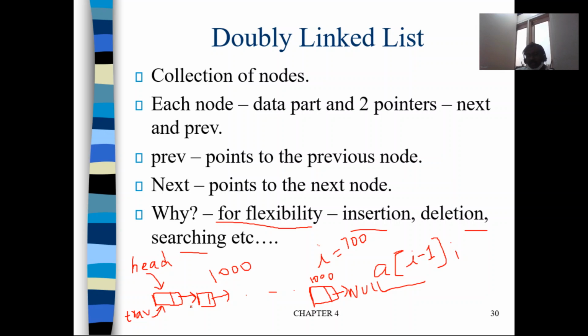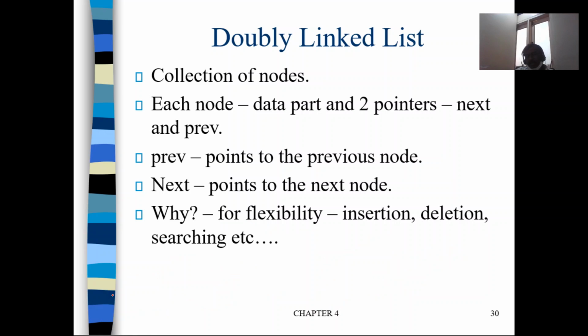So why are we using a doubly linked list, when all these drawbacks still exist? Because we still have some degree of flexibility. Say I am currently at the 800th node, and I want to go back, then I need a backward link. That is possible with a doubly linked list, but not possible in a singly linked list. In a singly linked list, you always have to move only in the forward direction, right? So it's just for this flexibility that we go for a doubly linked list.